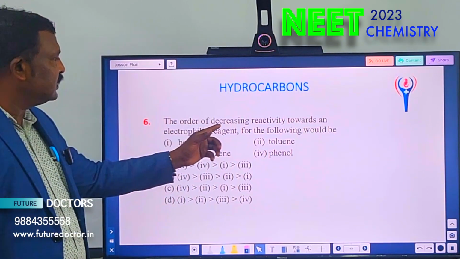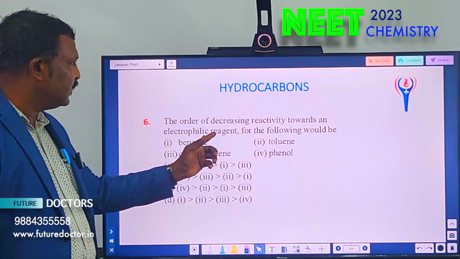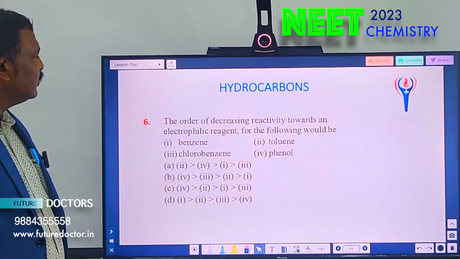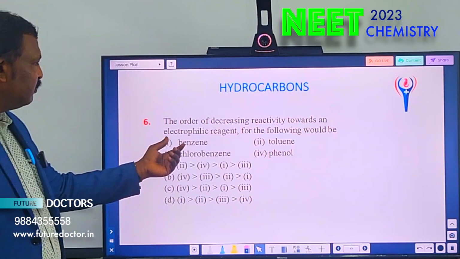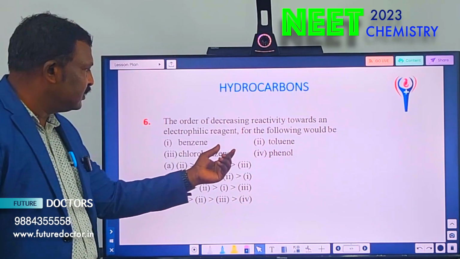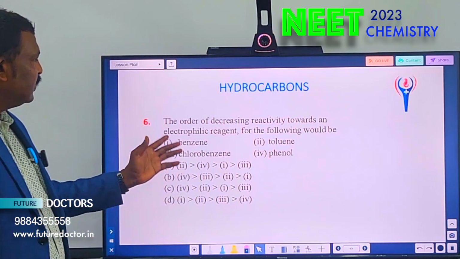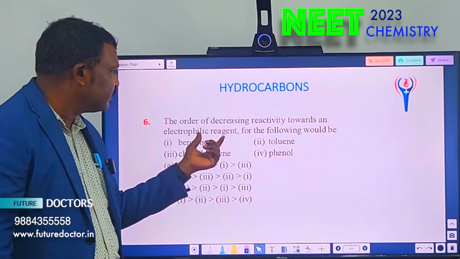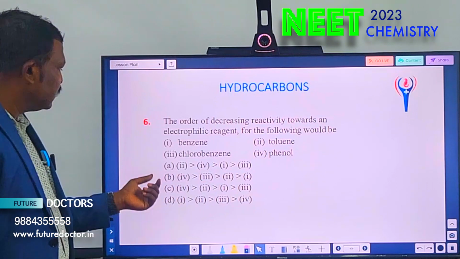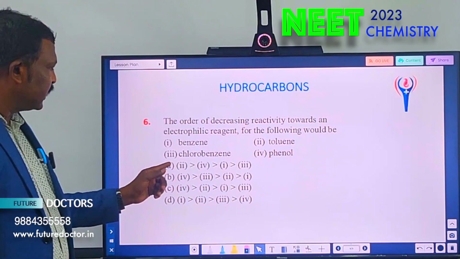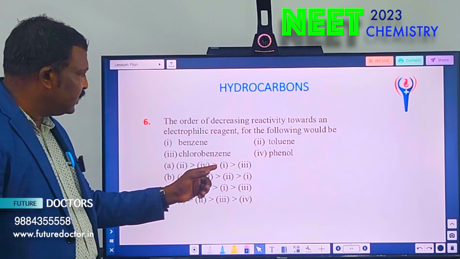The order of decreasing reactivity towards an electrophilic reagent for the following would be. The compounds given are: benzene, toluene, chlorobenzene, phenol. You have to find out the decreasing order of reactivity towards electrophilic reagents. Option A, second one is greater than fourth one is greater than first one is greater